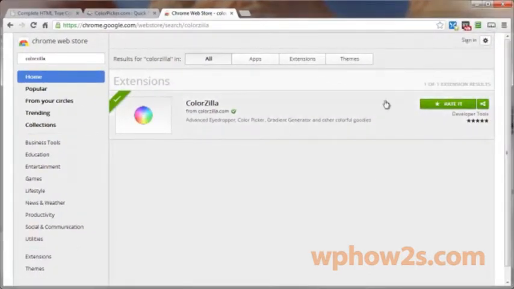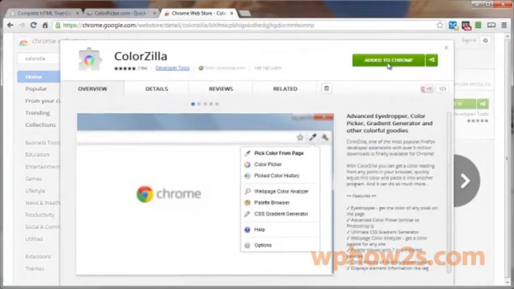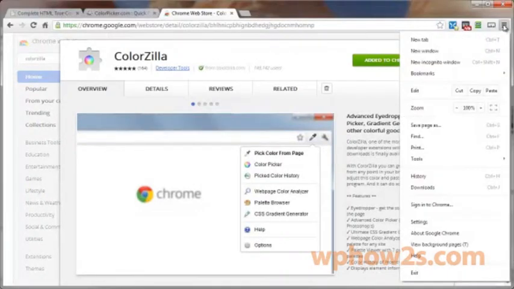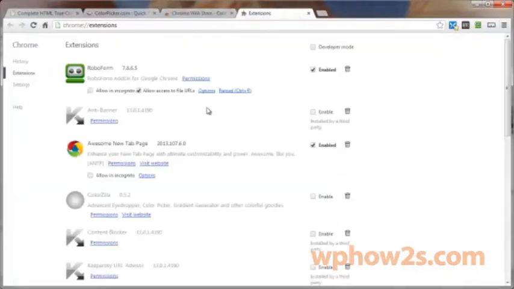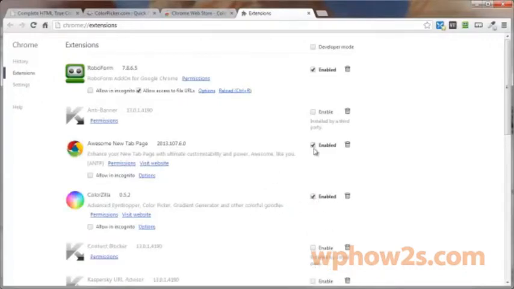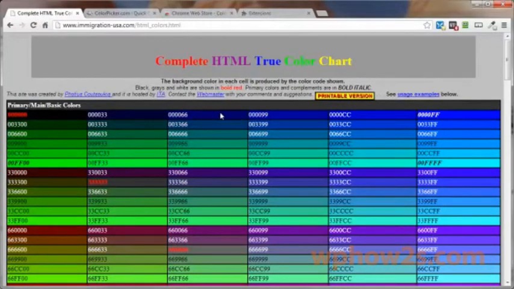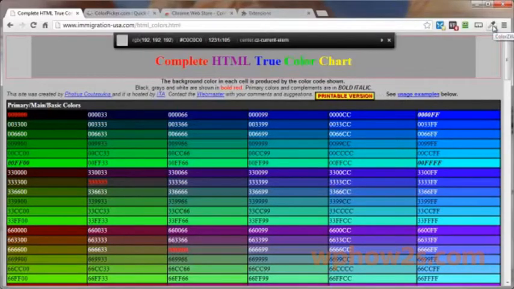Let me show you. I've already got this one installed, but at this point you would just click on this, click on the add to Chrome, and this is already added to mine. So I'm going to go over to my extensions here, go to Tools, go to Extensions, and I've got a lot of mine turned off just to increase the speed of my browser. But right here is Colorzilla, and I just want to enable it, and you see it just puts it up right here. So now then, if I want to check out an exact color to one of my, say, buttons that I'm wanting to match or a header image, then I just click on the Colorzilla color picker,